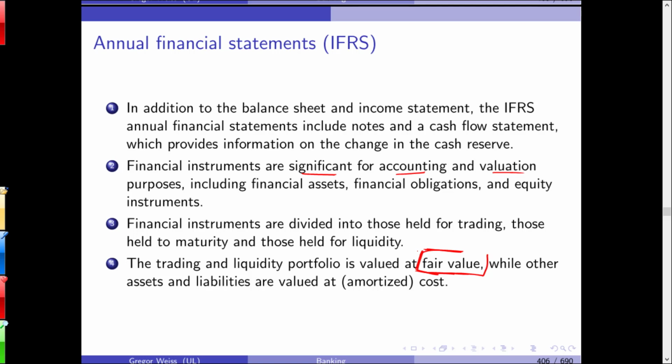And why has it gained some notoriety during the financial crisis? Any ideas? What is the advantage? Now, it is assumed under IFRS that an income statement and a financial statement give a more realistic picture of the company. Why?